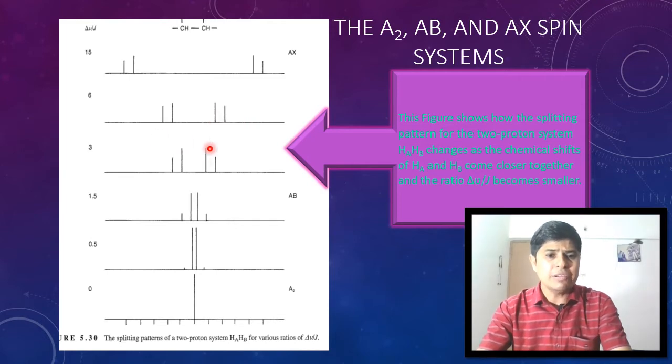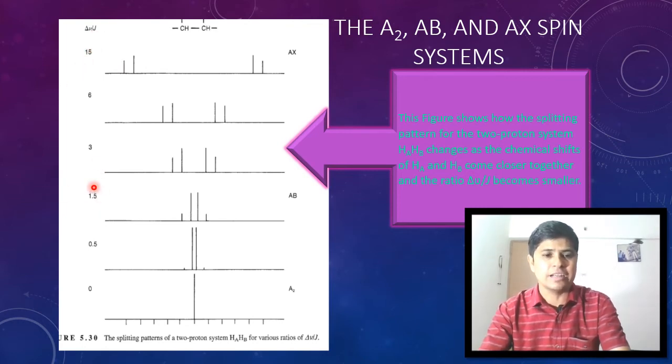Again we can say here, there is a very large increase in the inner lines of the doublet. These two lines are completely increased here. These two outer lines are just smaller in size, and when they come closer together, that will get converted into A2 spin system. That means AX spin system will get converted to AB spin system, and AB will get converted to A2 spin system if the ratio, that is delta nu by J, goes from 15 to 1.5, 3